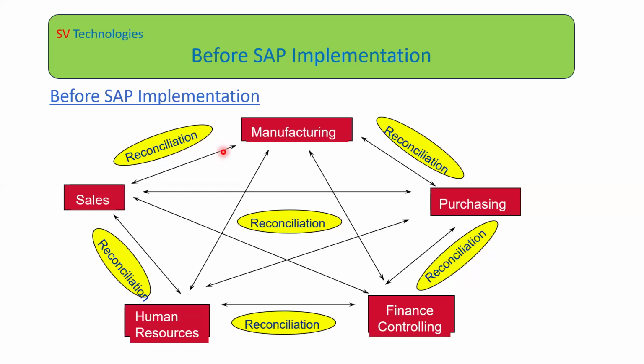To avoid impacting the delivery date, if the information is passed immediately whenever the sales department receives the customer order, the production department will come to know that some order has been placed by the customer for so and so product. Immediately they will start the production. That will save time, and they can meet the customer requirement. So by having effective communication and effective exchange of data between these two departments, the customer will be happy.